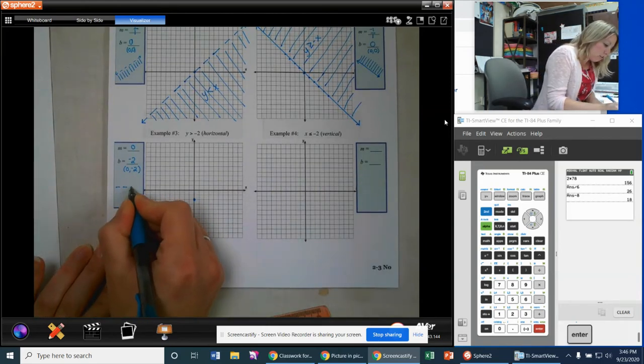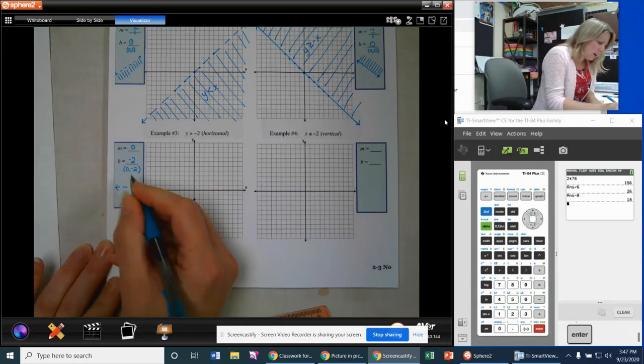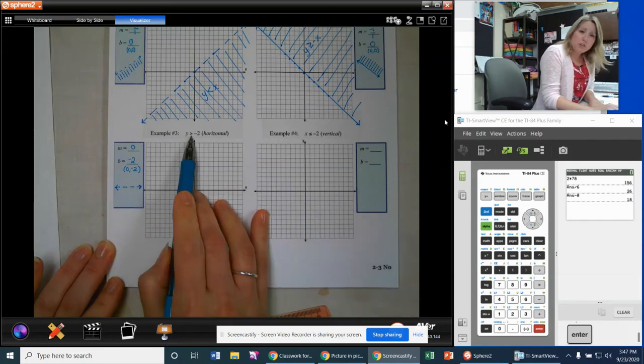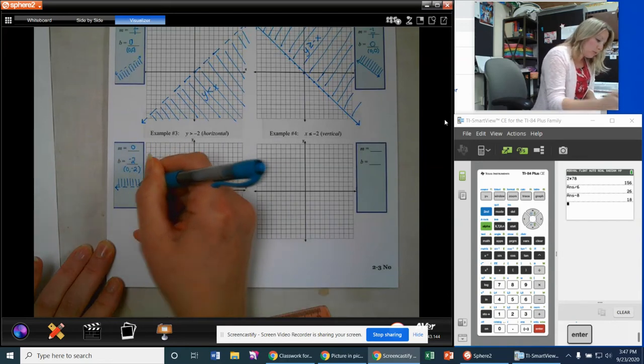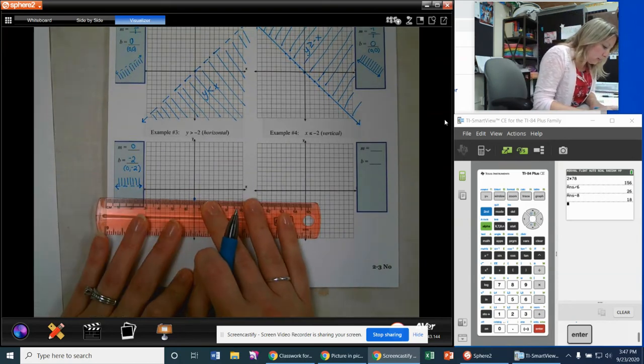Grab my straight edge. This is going to be straight across, right? This is a dashed or dotted line. I always say dotted. I don't know why, but dashed or dotted mean the same thing. And notice it's because we don't have an equal to part. Now it's greater than, right? So we're going to be greater than this. Well, it's really easy to figure out with a horizontal what's up and what's down from it. So you draw your straight across dashed line,